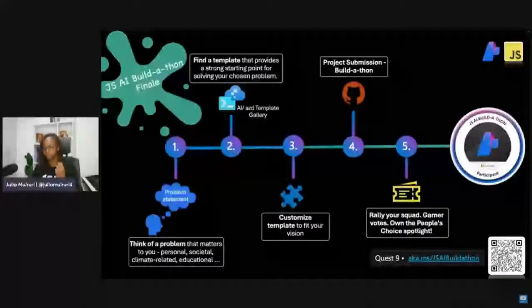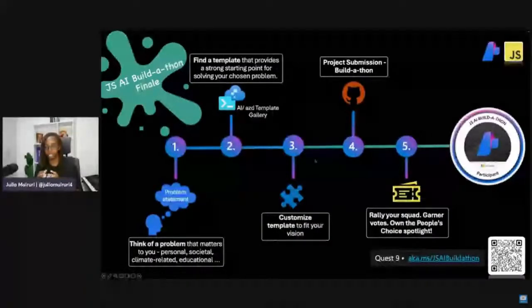So all that would be a lot of work. It would take a lot of time. So to ease that experience for you, we recommend that you visit one of our 2 template galleries that will allow you to browse through different templates. And these galleries just have end-to-end samples that implement a certain architectural diagram.